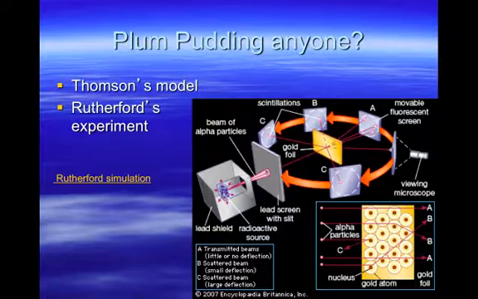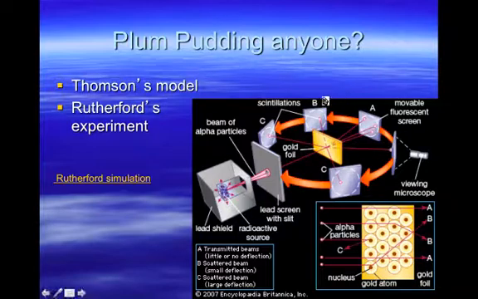So Thomson came up with the plum pudding model. The plum pudding model is simply this. It's cookie dough. All the protons and neutrons are the dough, and then the electrons were the chocolate chips. In other words, it was just like a great big hodgepodge of stuff. I'll show you one of those models on the PhET website. We'll play around with Rutherford's experiment, but Thomson was basically that protons, neutrons, and electrons were all just lumped in